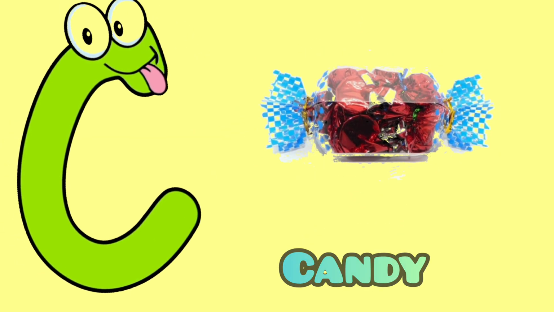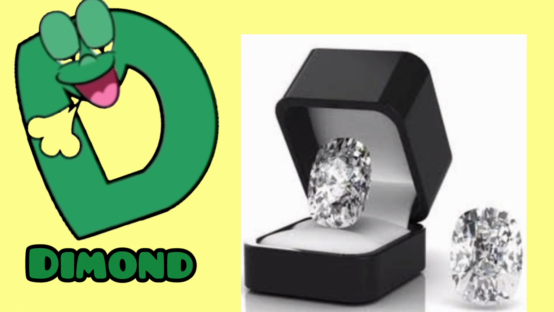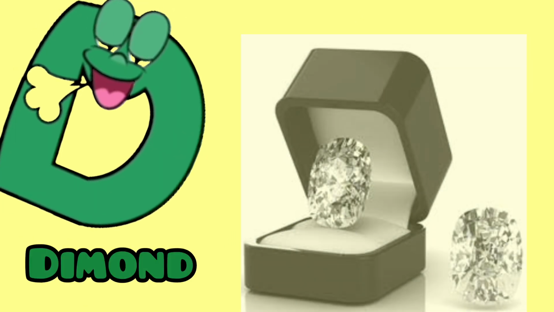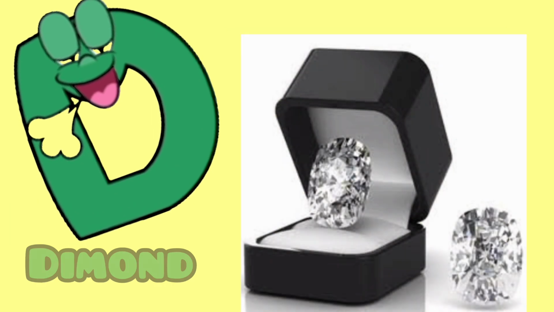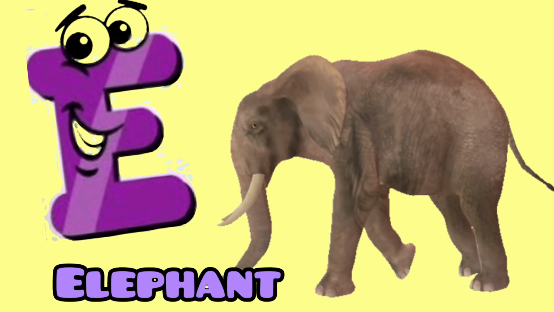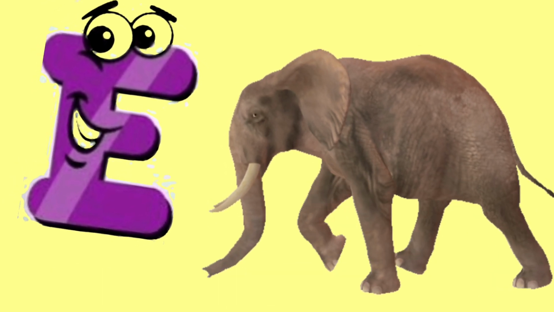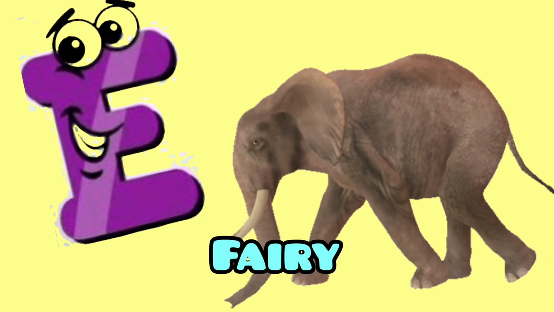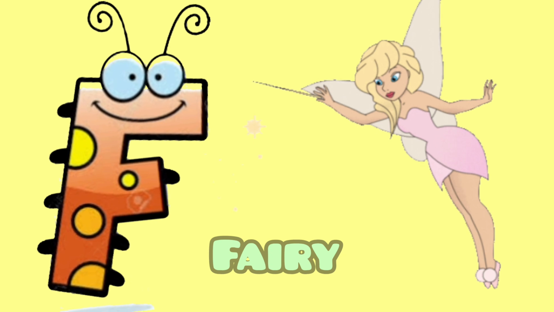C, candy. D is for diamond, diamond. D, diamond. E is for elephant, elephant. E, elephant. F is for fairy,